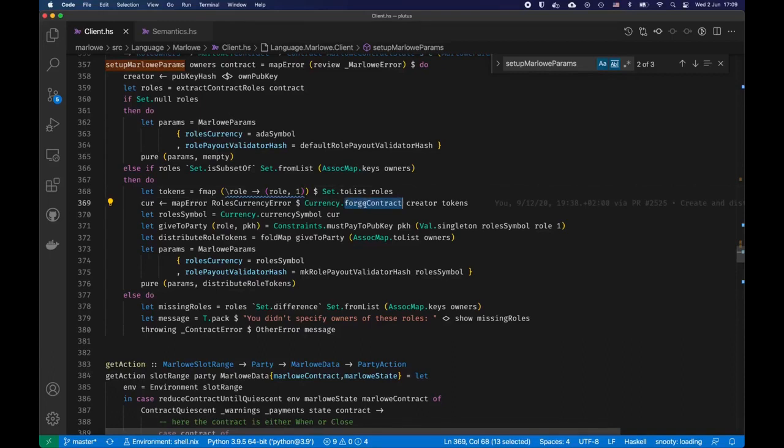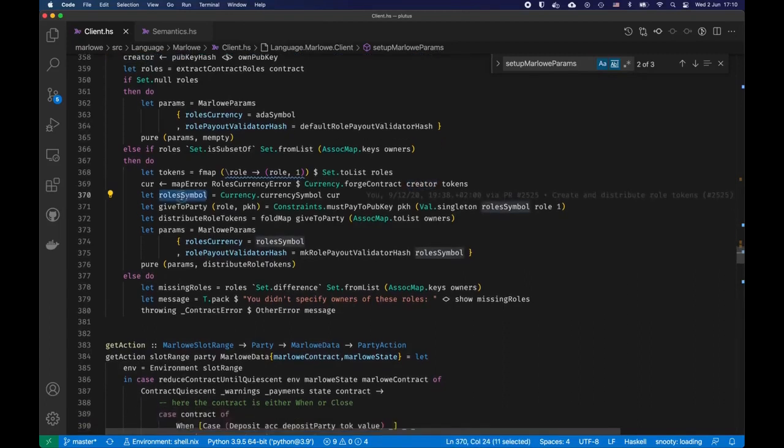That's essentially us reusing other PAB contracts. This one is from the currency contract that creates a new currency, and all these tokens go to the creator. So whoever creates a Marlowe contract initially gets all the roles for this contract,